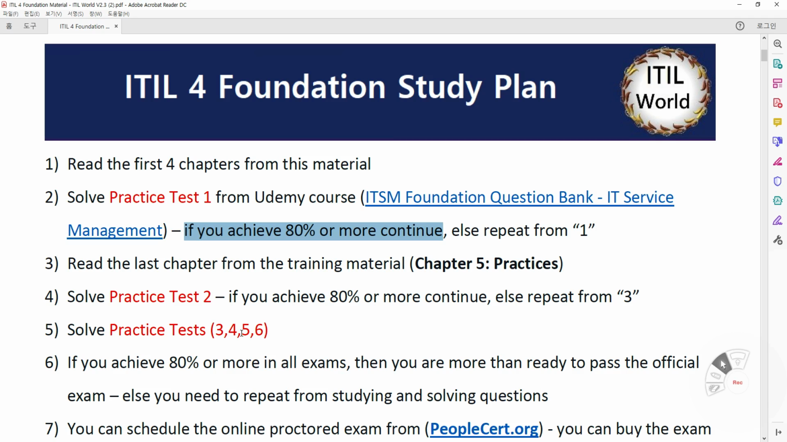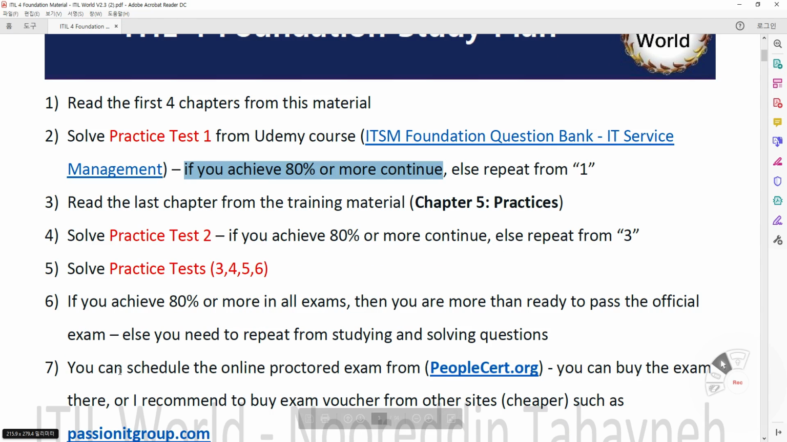Solve Practice 3, 4, 5, 6. If you achieve 80% or more in these exams, then you're more than ready to pass the official exam, else you need to repeat from studying the material and solving questions. You can schedule the online proctored exam. PeopleCert, you can buy the exam there,